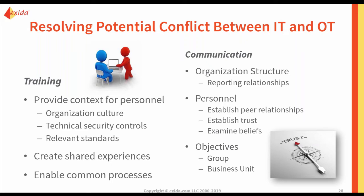So given that type of structure there and understanding what the conflicts are that could be in teams, how can you possibly resolve those conflicts? As we said, there's going to be task differences right out of the gate with IT and OT, and you're not going to be able to resolve those. But something that could be done, and some things that we've seen as consultants that seem to be pretty effective,